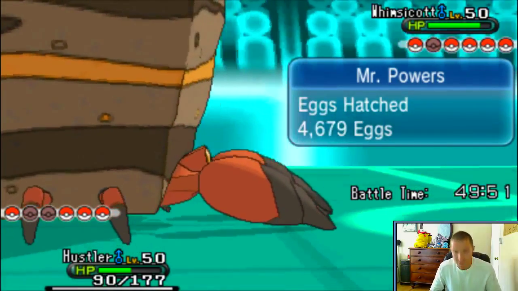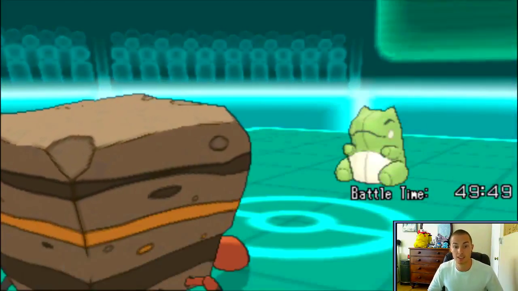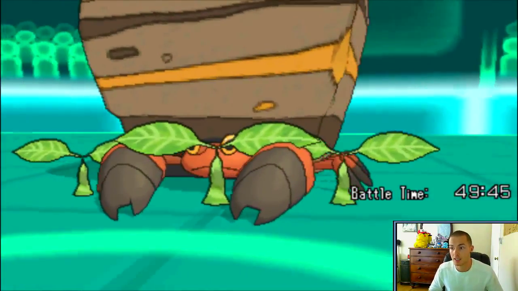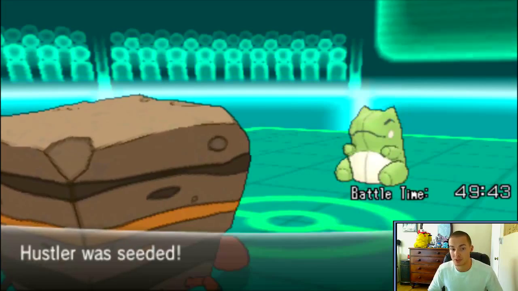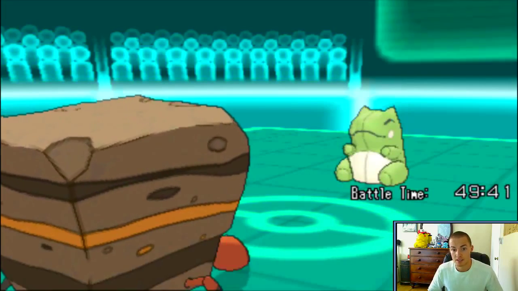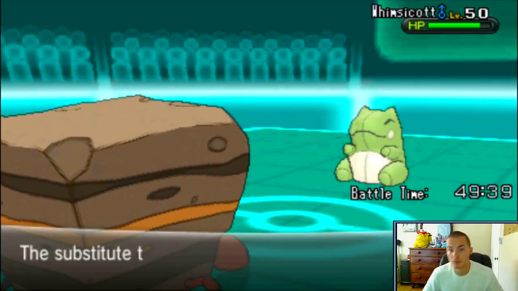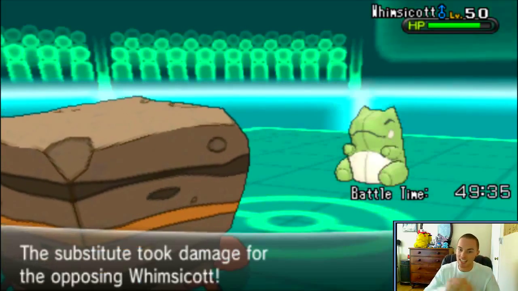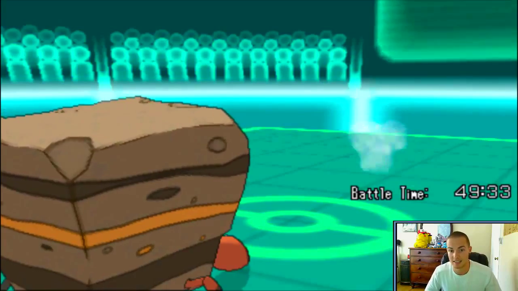So I'm going to go for the Rock Blast. He's going to go for the Leech Seed. That was a smart play. That was a really smart play on his part. However, I might be able to take out the sub with this Rock Blast here. So let's see what goes on here. I'm absolutely dreading, guys, that...